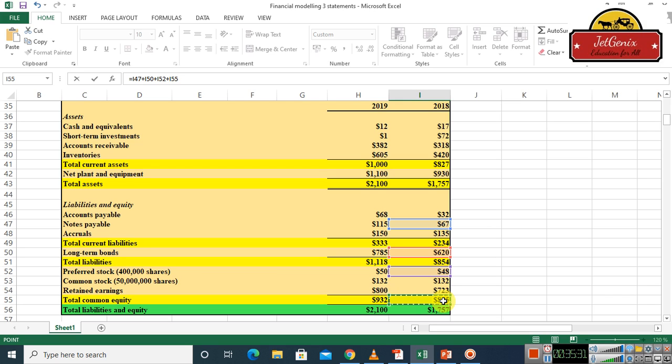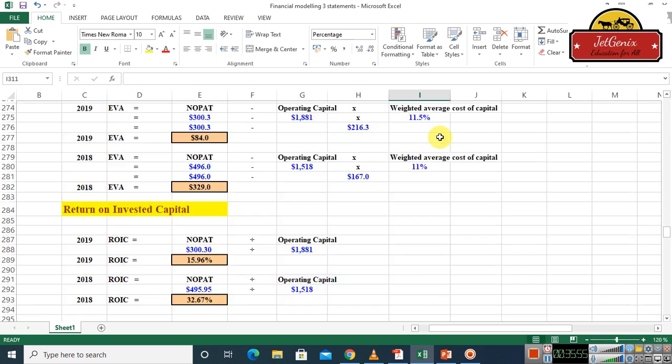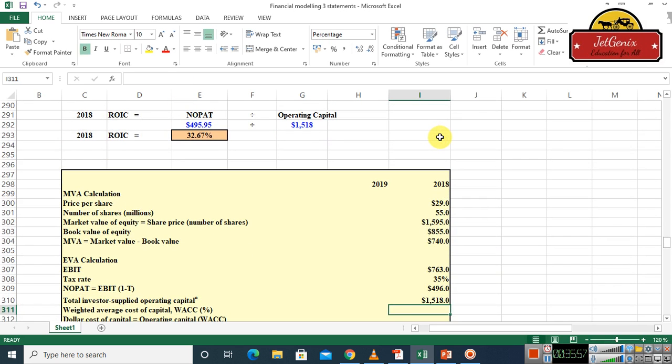But if you can see, we have something here in the short-term investment, so I'm going to deduct this amount because this amount is not the operating amount. We haven't utilized it in our operating, that's why I will deduct this amount, because this is not the operating one. So I'm selecting this short-term investment, and I will just press enter. You see, now we have the investor supplied operating capital